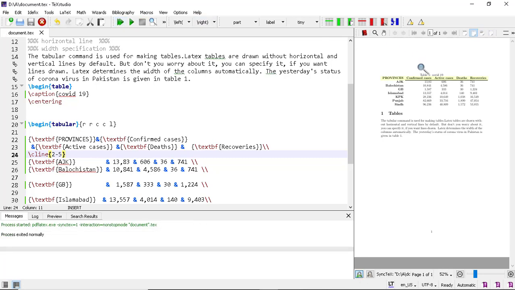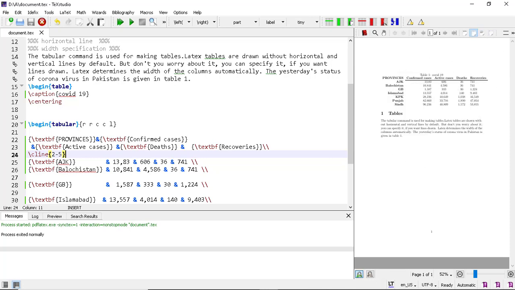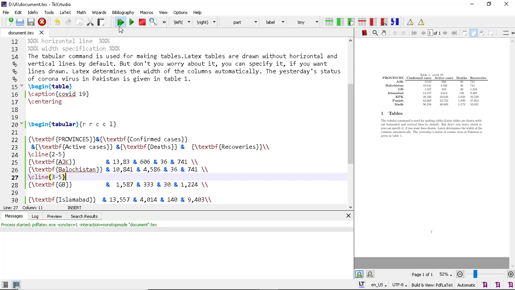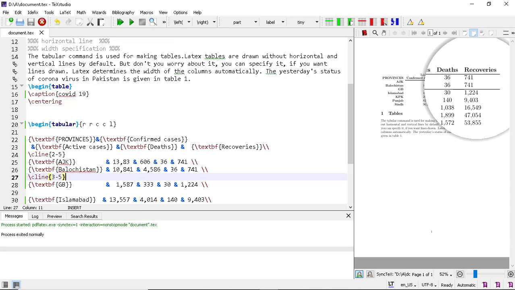This will give us the partial horizontal line across the last 4 columns. And we can add it in another place by giving the command slash cline 3-5. This will create a partial horizontal line across the last 3 columns.